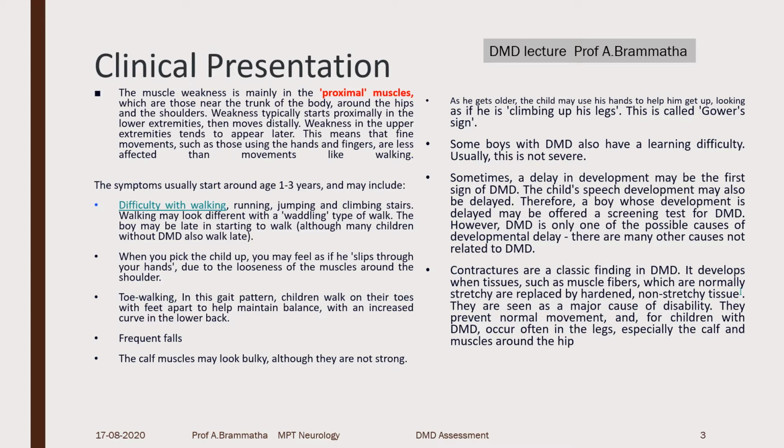So basically, this entire scenario you can see very well before 5 years, around 1 to 3 years, or for 5 years, when the child starts walking clumsily and tends to fall. There will be difficulty in getting up unaided. And in our culture, we do have a saying that boys will walk a little bit later. So overcoming all those cultural influences, you have to get the entire clinical picture.